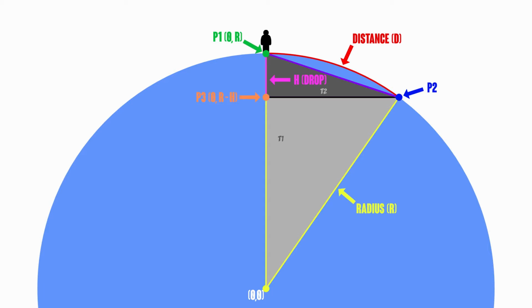Normally we would use Pythagoras to calculate the distance between points. But as we ensure P1 is always on top, meaning its x-coordinate is always 0, in our case this distance is the difference between y-axis values. So given a drop, we know the y position for P2, which is radius minus drop. Now, if we can get an x position as well, then we can use those positions to create a diagram that would indicate what kind of shape this formula is based on. Note, the distance between these points is not the same as our curvature distance.